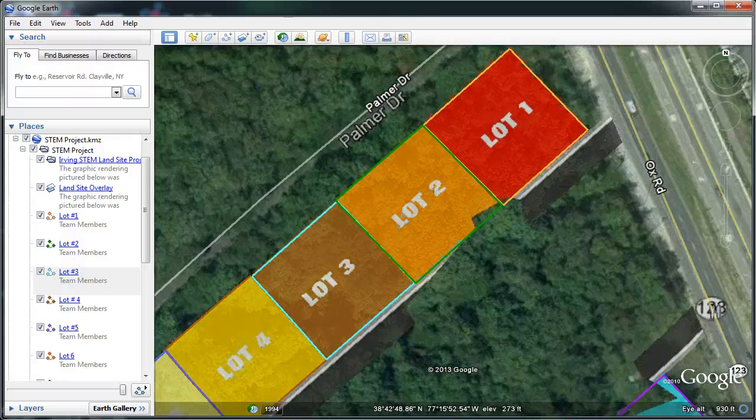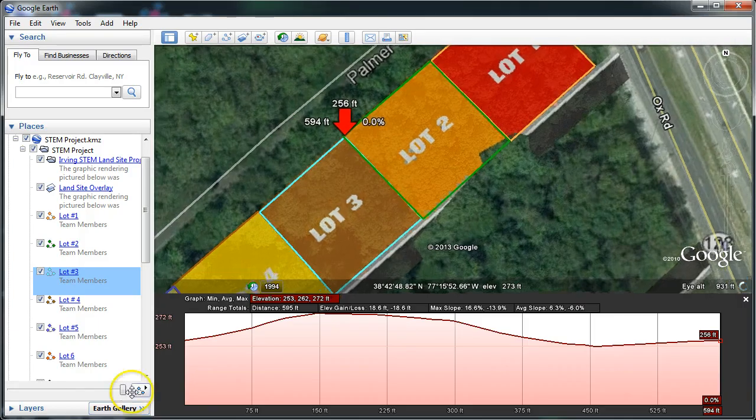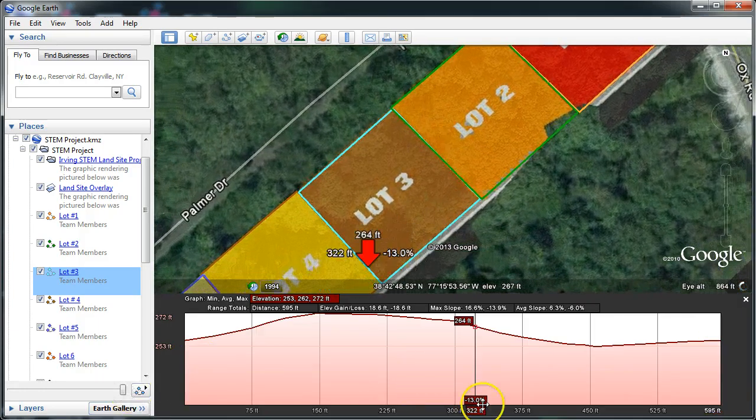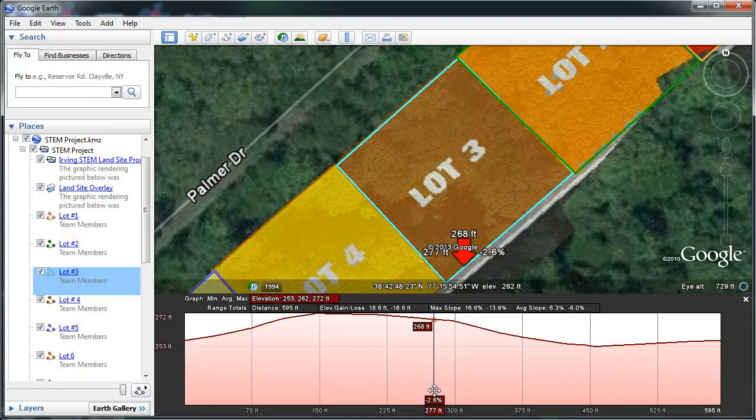In order to find the elevation profile for the proposed lot site, you're going to need to once again right-click on the lot that you are looking at, and you're going to see in the drop-down menu that you have the option of hitting Show Elevation Profile. Click Show Elevation Profile, and the elevation profile will actually pop up at the bottom of the Google Earth screen,